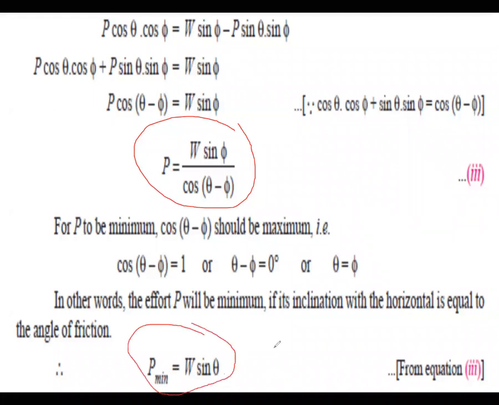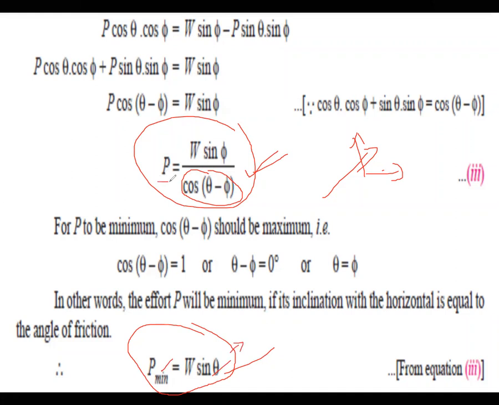Then, in order to get the minimum force, this is the minimum force formula: P minimum is equal to W sin theta. Because the force is applied at some incline, after resolving the forces, this must be a minimum force. In the design sector, we cannot take the maximum force; we take the minimum force. To get the minimum force, we consider the denominator as 1, so P minimum is equal to W sin theta. This is the formula you should always remember, right?